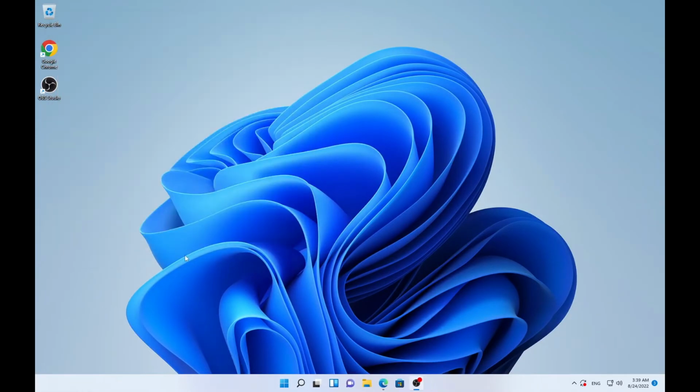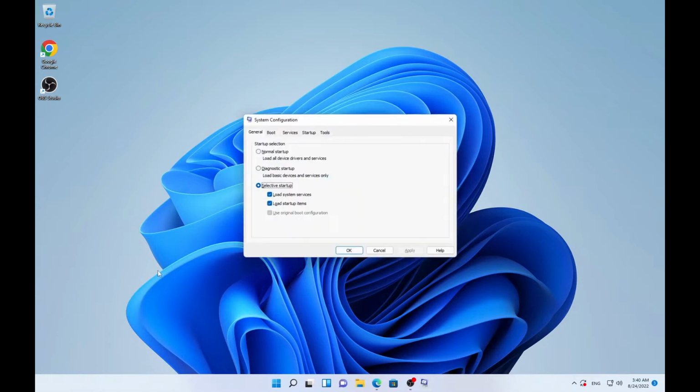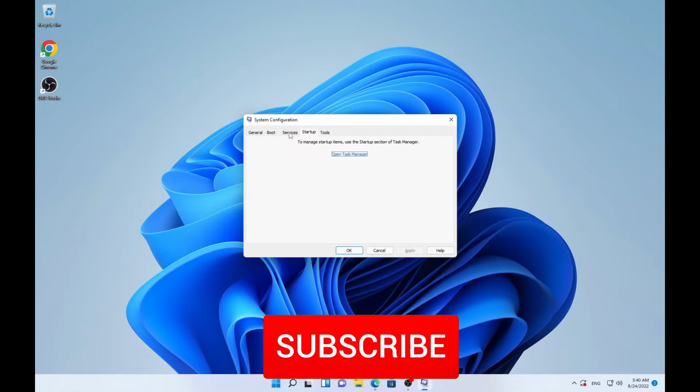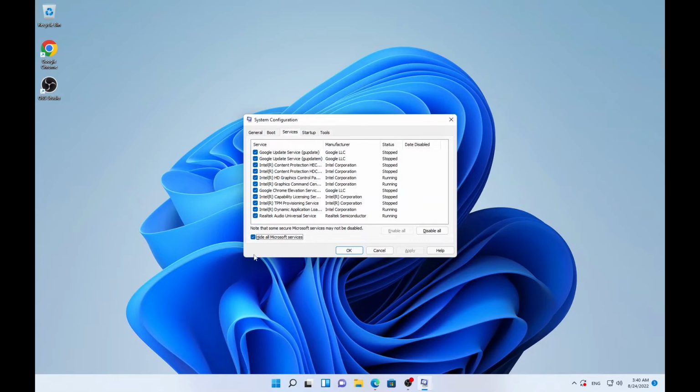But regarding services, there is a bit safer method to disable unneeded services. Use the run command and type msconfig. A new window will pop up. In that window, click on the Services tab and then in the lower left corner check the box that says Hide Microsoft Services. This will hide all Microsoft services, and the services you see on the screen are most likely safe to